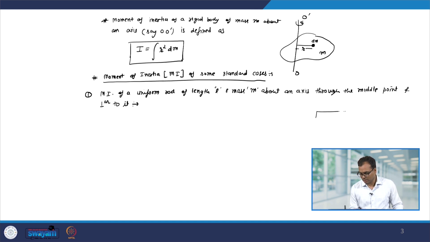So, we have the following situation: we have this rod, and the mass of the rod is